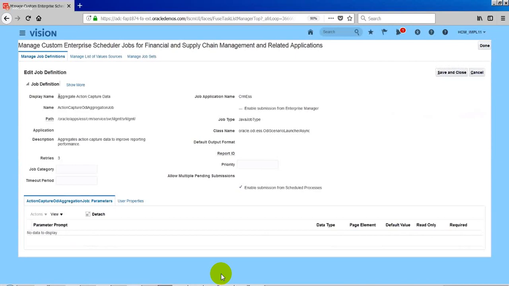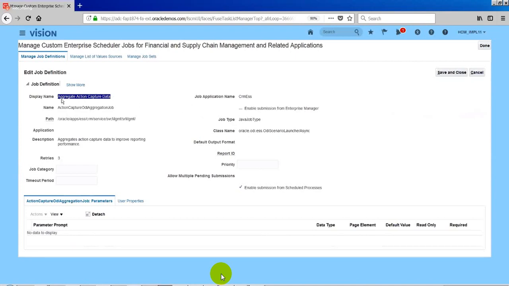This job is of job type Java, and the Java class is this one. So the job is registered here, and we can use it with this job name. We can submit the job in our ESS user interface from our tools and scheduled processes, right?